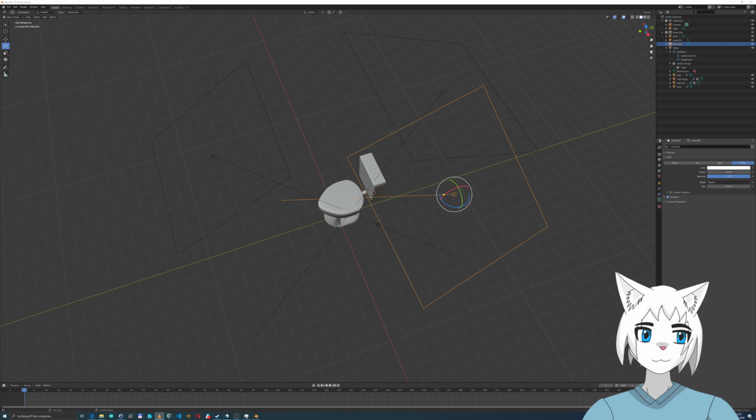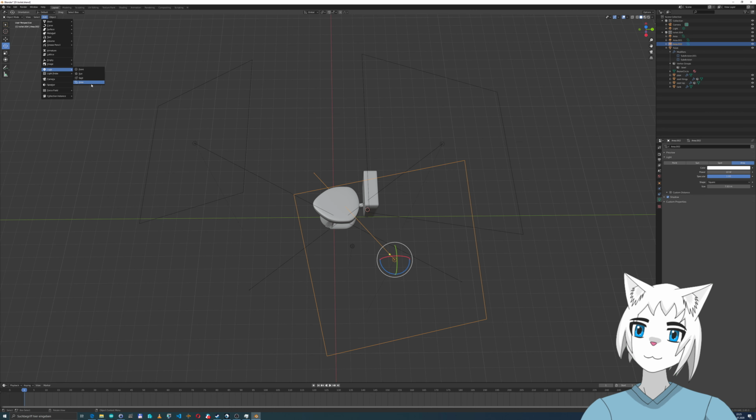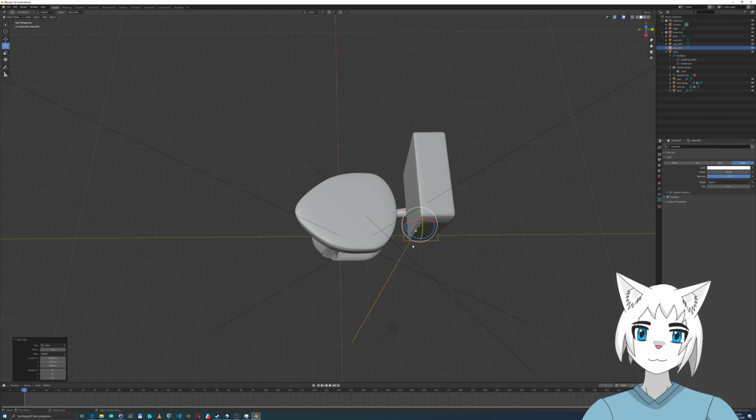So add another light, area. Okay, this one's going to do that. So